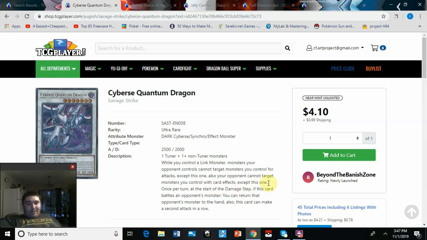Once per turn, at the start of the damage step, if this card battled an opponent's monster, you can return that monster to the opponent's hand, and then this card can make a second attack in a row. So, what I actually ended up playing this in was Salamangreats. And the reason why was because I honestly, looking at the main combo they had before, was it